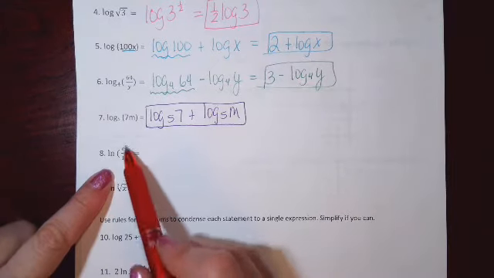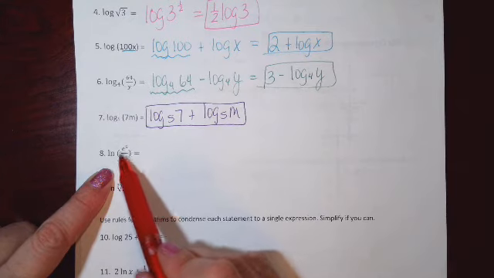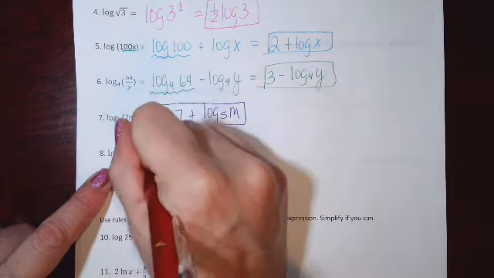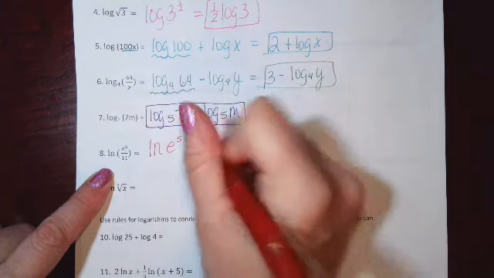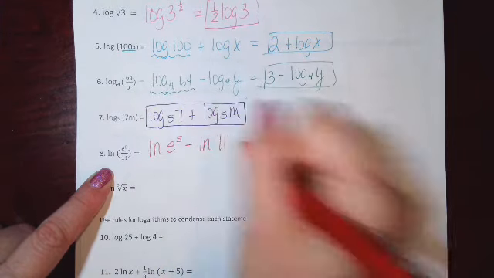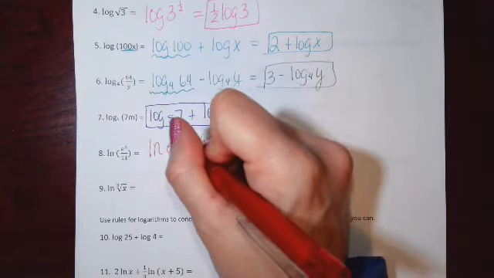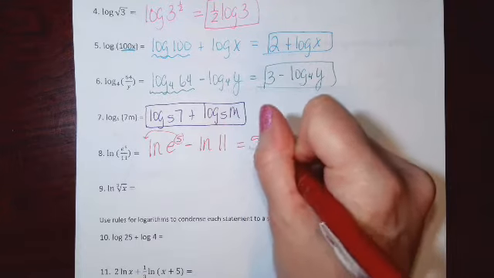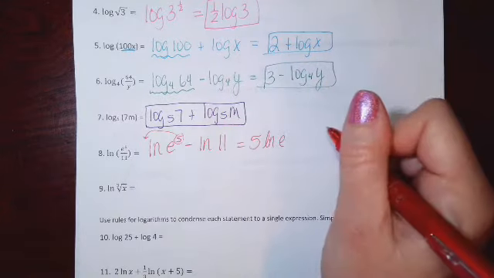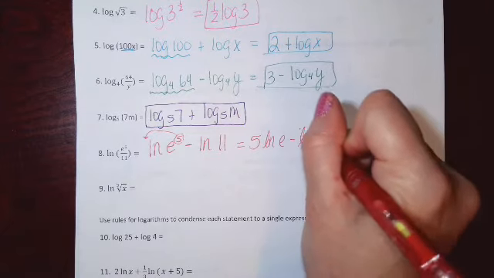Alright. In my argument, I have a quotient, and I'm going to have a power rule, but let's apply the quotient rule first. So I have natural log of e to the 5th, that's my numerator, minus the denominator, natural log of 11. In this first statement, I can apply that power rule and bring that 5 out front. The 5 is only applied to that numerator part, the natural log of e, because I'm not raising the denominator